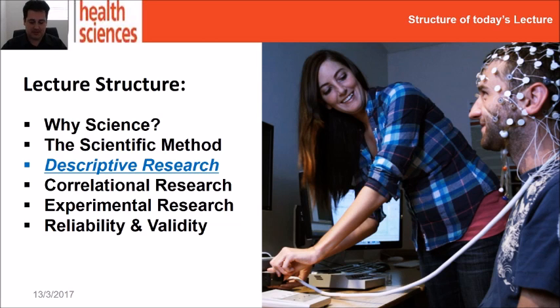We'll start with descriptive research here, but like I said just in the previous video, correlational research is a type of descriptive research, but there's a bunch of types of descriptive research that are not correlational, so we'll cover them separately because they kind of have their own unique properties and applied traditions to them.